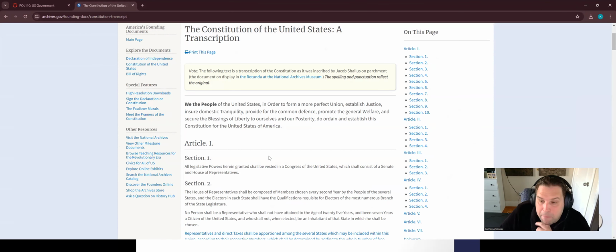It started with a preamble, which sort of set the tone for the rest of the document. This is something that many students in the United States do wind up memorizing. Not necessarily everyone. I certainly did while I was going through my K through 12 education. But the preamble goes, "We, the people of the United States, in order to form a more perfect union, establish